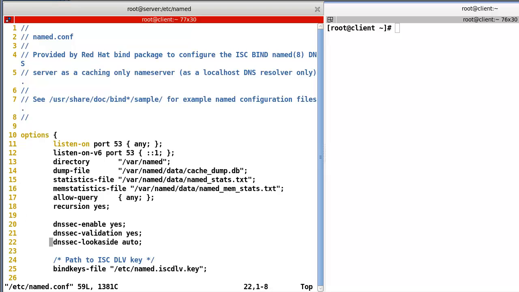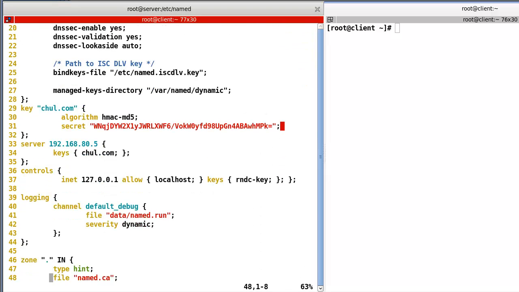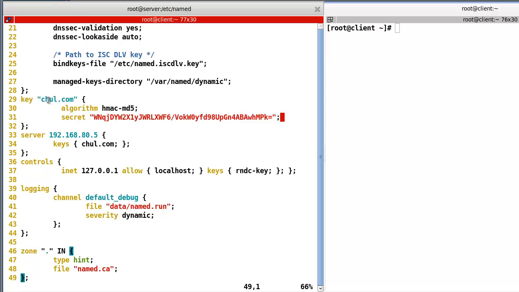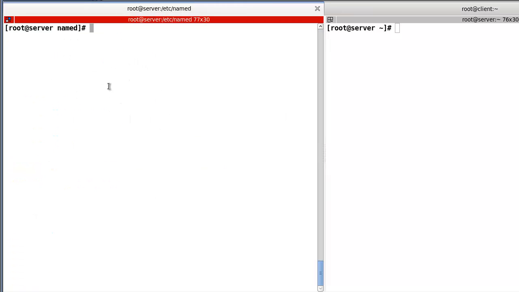Okay, let's check line number 29, the char.com key, algorithm and key. This secret key must be the same as on the master server. After that, the server 192.168.85 and key name char.com, like this. And one more thing, here in the master part,